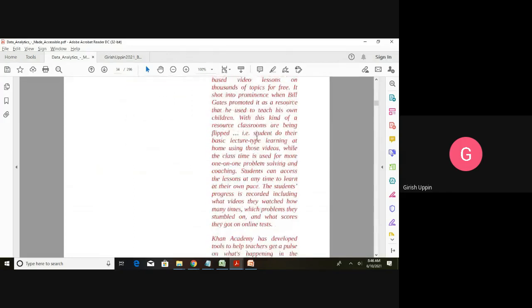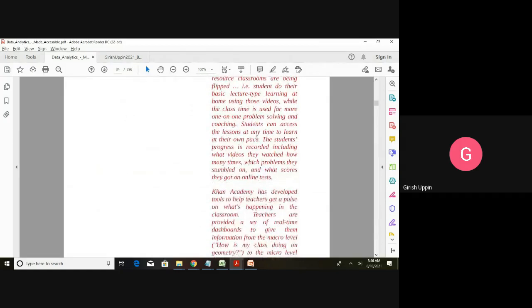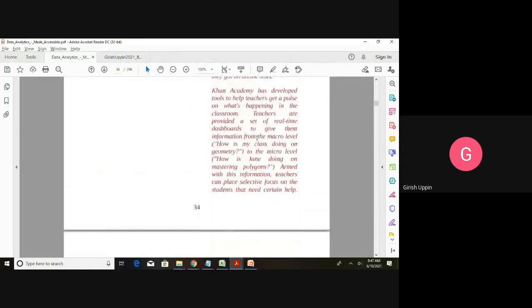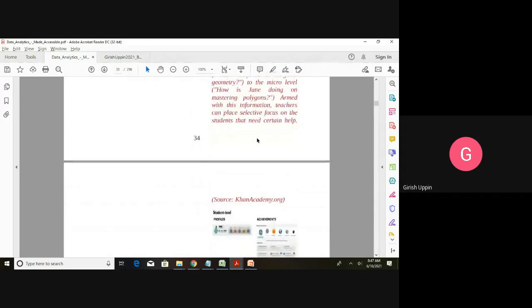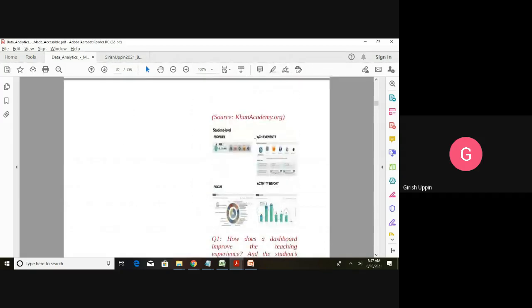analytics done on the students, the way they are progressing, the way they are working, which will help both the students as well as the teachers to understand how they are progressing, and how the overall class is progressing. So you can see here, if you have a question, how does the dashboard improve the teaching experience and the students' learning experience? So we can design. Some of the metrics that you will see here will tell about